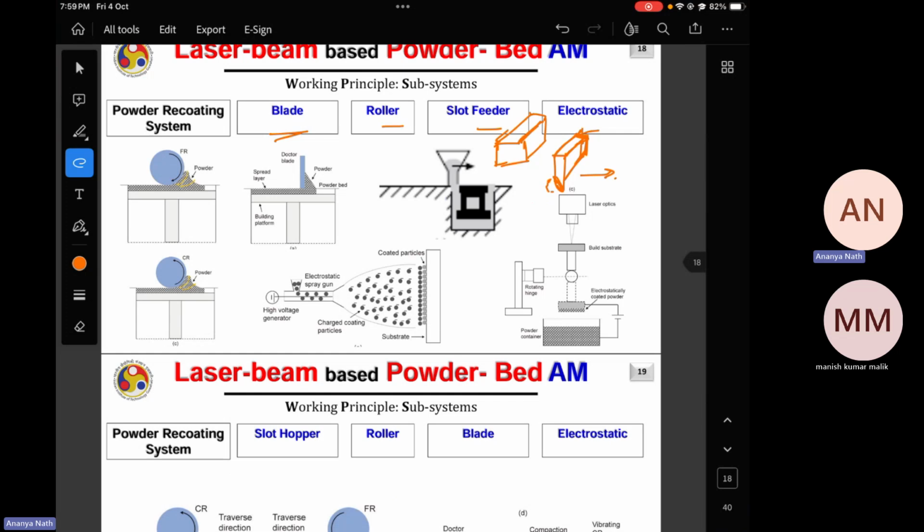The blade can be replaced by brushes. So instead of this blade, there can be a brush. So the brush will have this thing in it. Okay. But it's not very large. It's so small. The brush portion is so small that it is capable of spreading the powder uniformly. And from my past experience, brush recoaters are better than blade recoaters, because at the time of